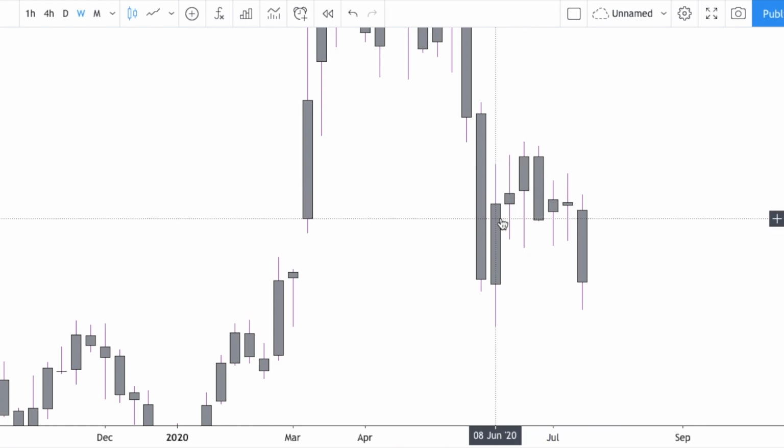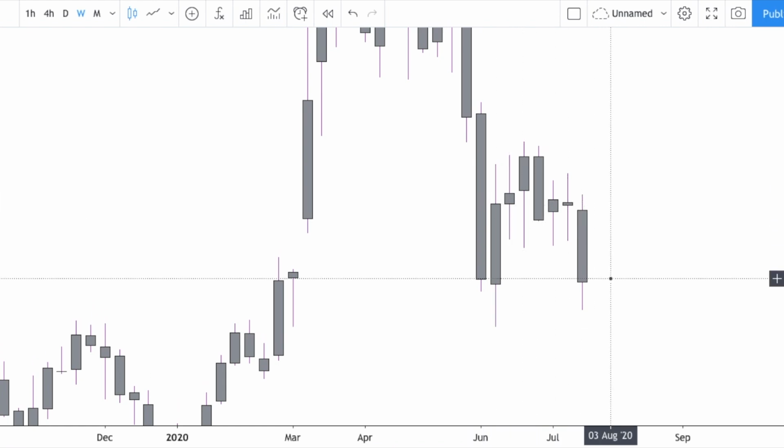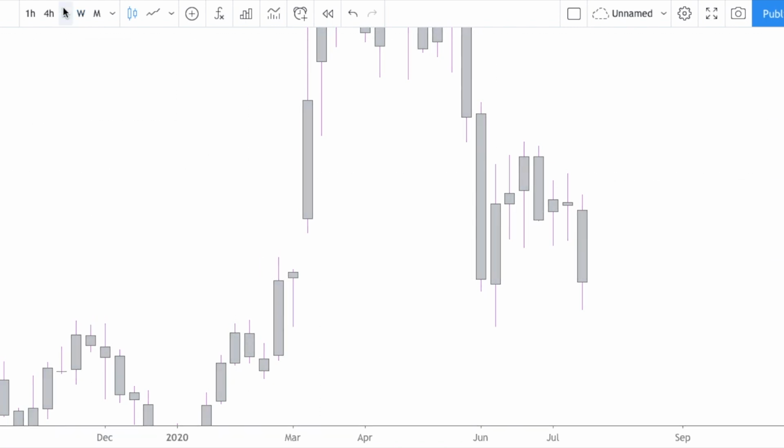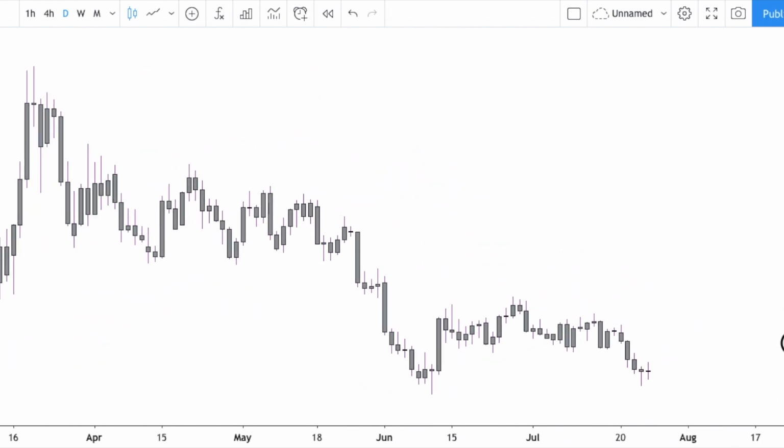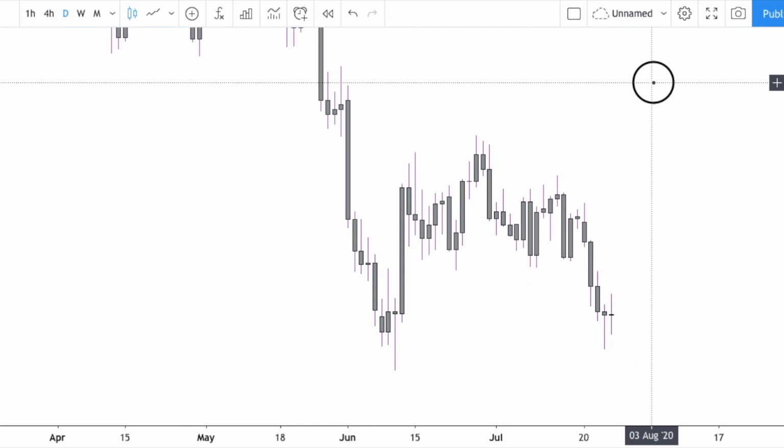As you guys can see, we had a nice level of support somewhere around this area, and we consolidated for over a month before we had this drop. So obviously this means that the bears are now in control of the market, and all we have to do really now is just identify the bearish market structure and look for a nice retracement so we can catch